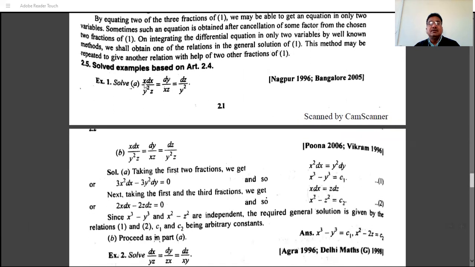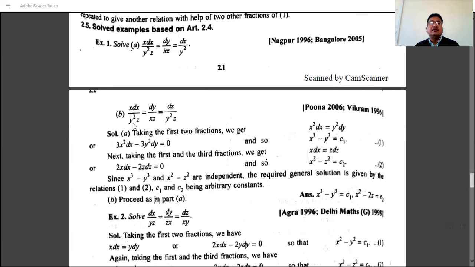For example, this is the example: x dx divided by y square z, dy divided by x z, and dz divided by y square. And so what is the answer? Taking the first two fractions, that is, x dx by y square z square, dy divided by x z, in this the variable z gets cancelled. So what do we have? We have x dx by y square, dy divided by x, and then after separating the variables we have x square